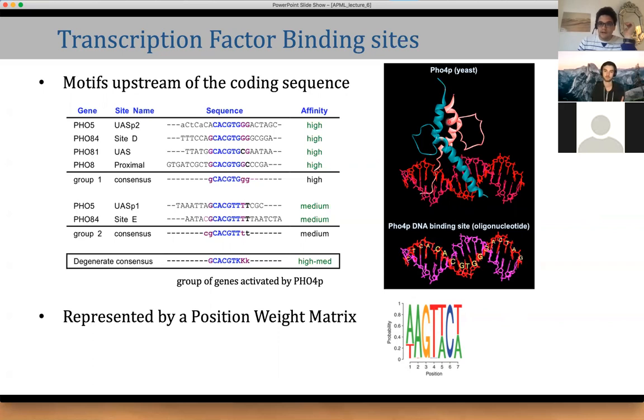And here you can see the 3D structure of FO4P. It's a transcription factor in yeast. You see it's a dimer, and it binds really to the DNA. And because of the physicochemical equilibrium, there is a preference for a certain nucleotide, certain sequence, on the position where it's binding. When you do an experiment and get the sequence by immunoprecipitation, you get the sequence of DNA which was bound to the transcription factor on genes which are activated by this transcription factor.